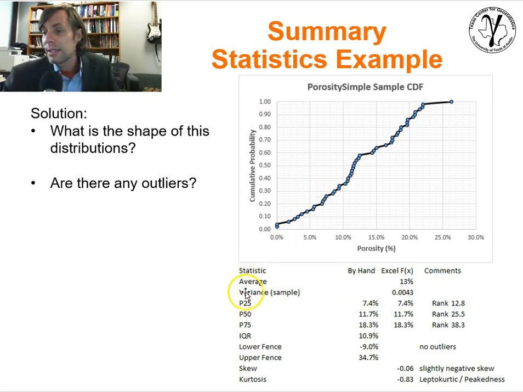Okay, so I did this, I worked it out. I did it by hand, using the counting methods and so forth, and I also did a little linear interpolation, but I did it using the Excel functions right here. This should be similar to what you got, so check and make sure you get the same numbers. The cumulative distribution function is shown right here. When I checked the lower fence and the upper fence, I found that there are no outliers. And it was interesting, the skew suggested that we have a slightly negative skew and we are leptokurtic. We have a distribution that's a bit more peaked